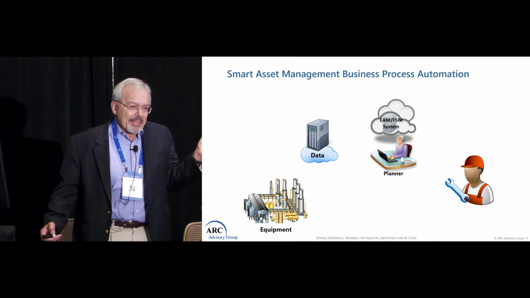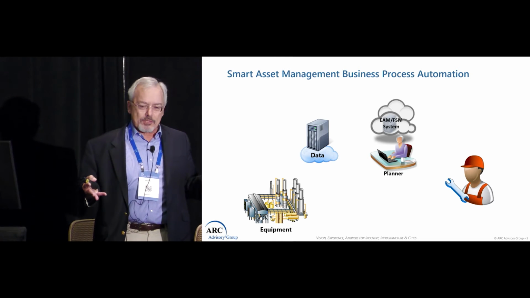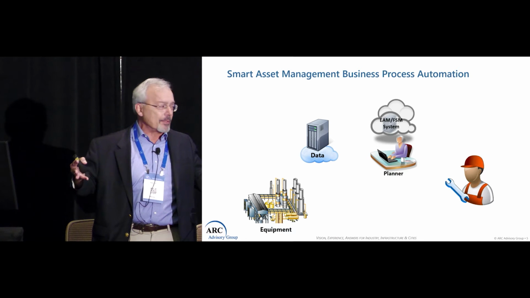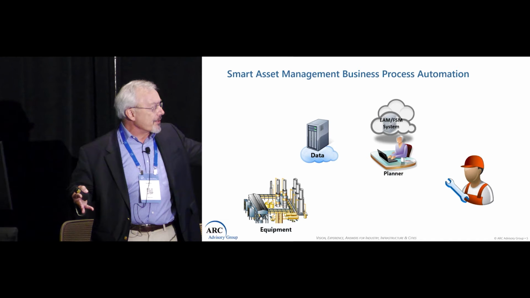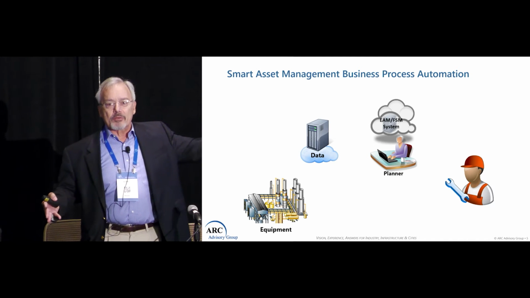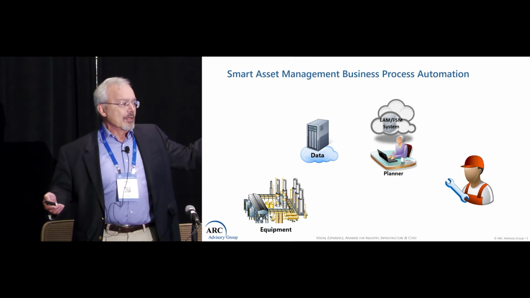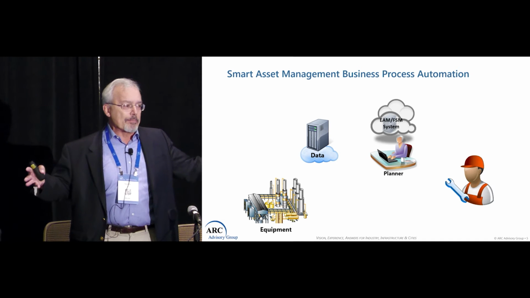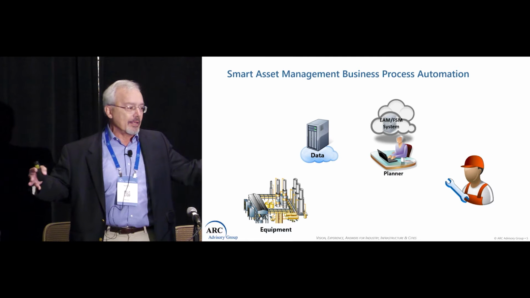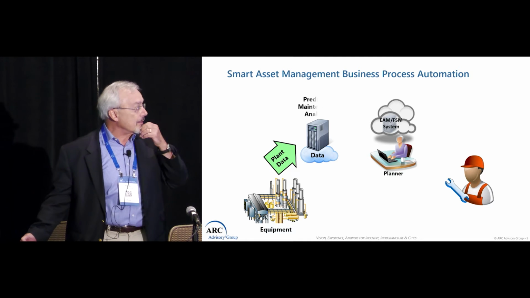And I like to make these a little bit more concrete. What do I mean by business process automation across those silos? And this is kind of a simple example. You've got equipment in operations, you've got data IT has in the cloud, you've got a maintenance planner with your EAM system, and you've got maintenance technicians. And those often are separated with manual systems going between them, meaning somebody gives somebody a phone call or something like that, or sends an email.